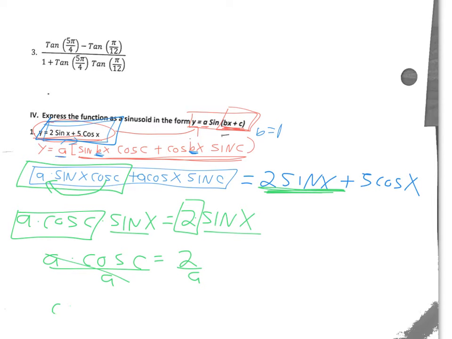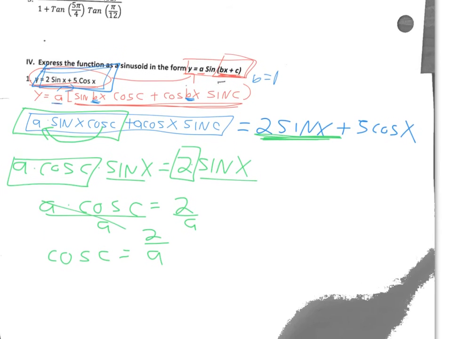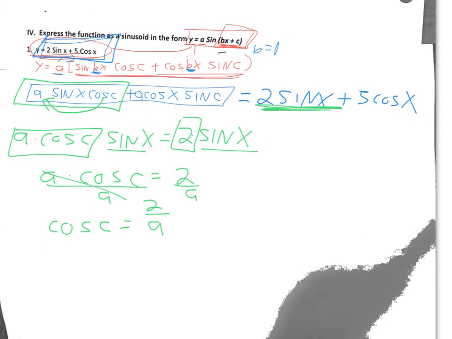So I would have cosine of c equals 2 over a. And you can see how ugly this gets. All right, then I want to move it down so we have space. And what's going to wind up happening for these problems is you're going to draw a right triangle. So when I draw a right triangle,